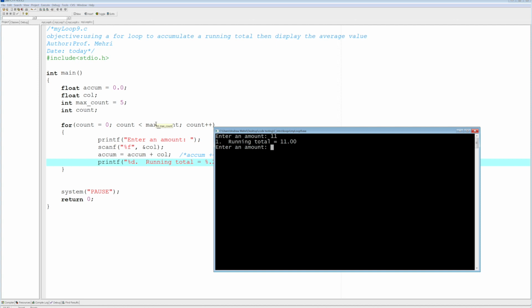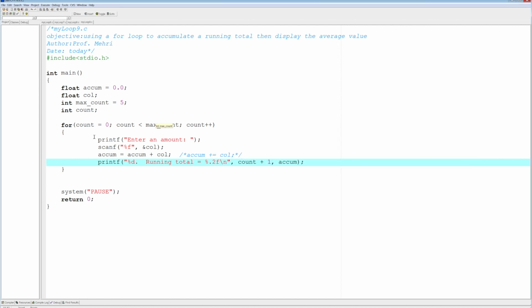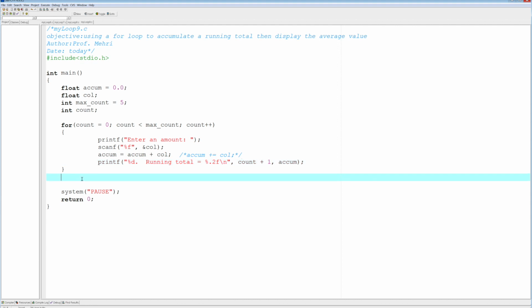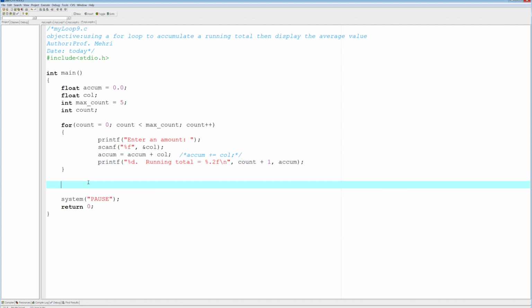So now you're going to get 1, 2, 3, 4, 5. $33. Okay, so that's 44, 22, 0. Let's say $2. Okay, $68 on the 5th house total that you've accumulated. Now, what is my average? So for that, we're going to be outside the loop, and we could do the average right in the printf